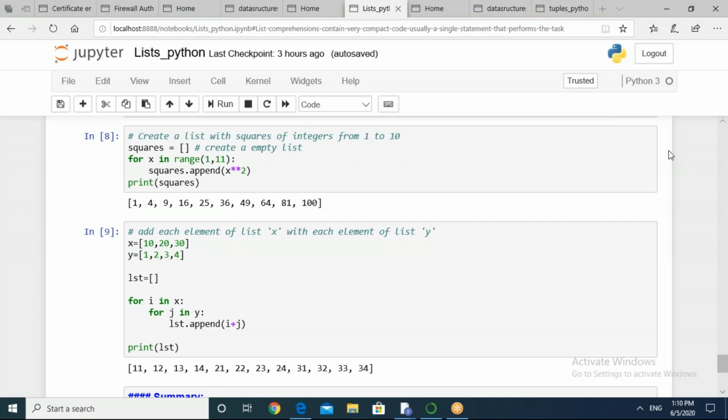आपकी पहली लिस्ट में है 10, 20, 30, दूसरी में है 1, 2, 3, 4. हमने लिस्ट को इनिशियलाइज किया है, उसके बाद एक लूप यूज किया है, तो इसका आउटपुट जो नीचे आ रहा है वो किस तरीके से आ रहा है, जस्ट टेल. Each element of X is the sum with each element of Y.